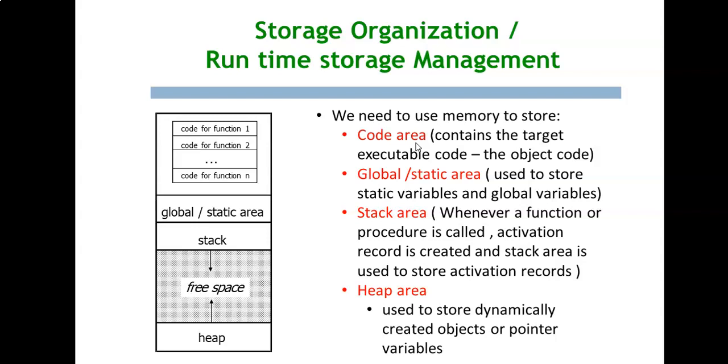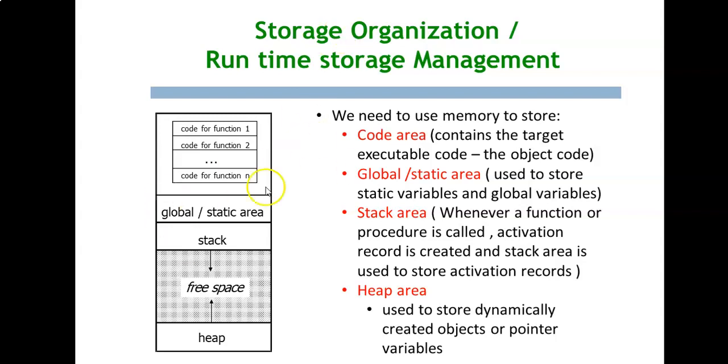But the CPU or the processor can execute a program only if it resides in main memory. So, after compilation is over, the compiler demands a block of memory from the operating system in order to store the compiled program, in the form of object code, to be loaded in the main memory. The operating system in turn allocates a free block of memory, and now we are going to see how the program is stored during runtime. That is how the runtime storage management is taken care of.